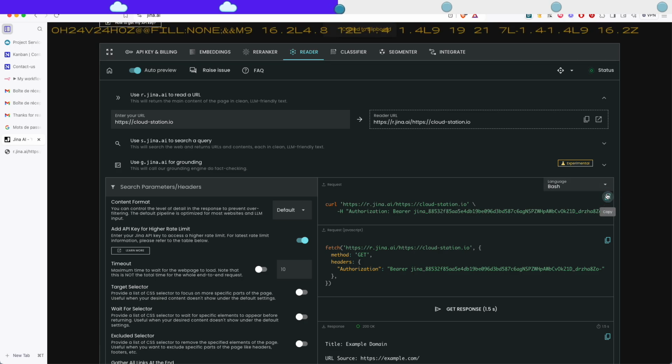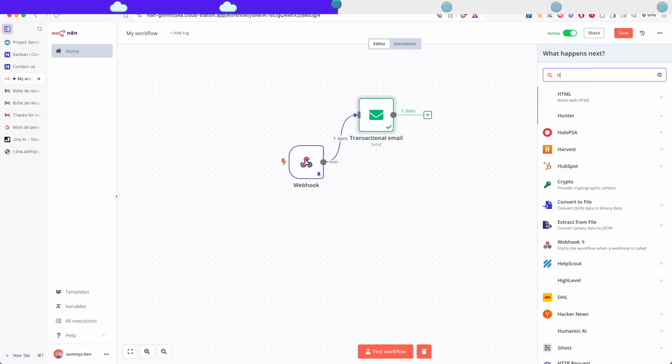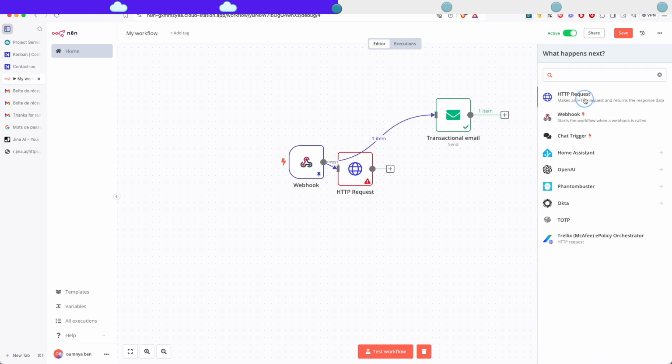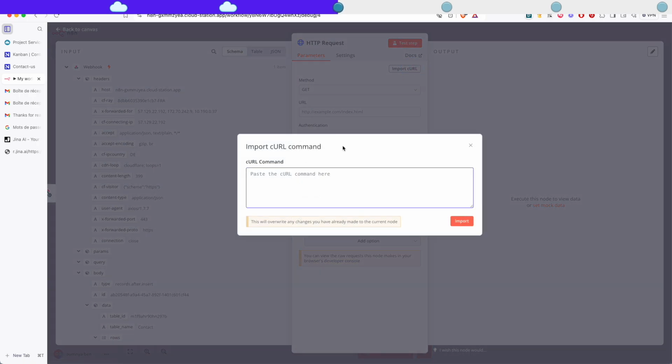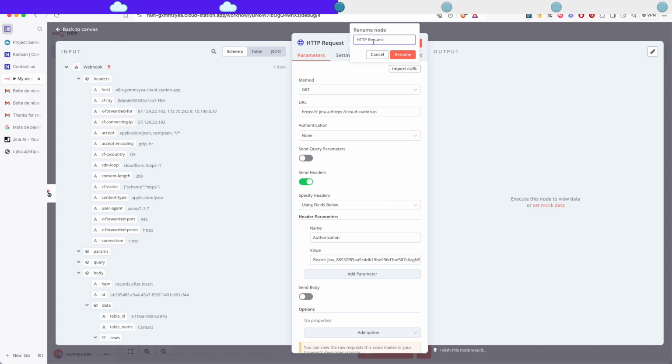So just copy the curl here and go back to n8n, and it's gonna be an HTTP request. So just look for HTTP request and import curl. All right, paste it, import, and that's it. That's literally all we have to do to scrape the URL. So here let's call it scrape website. And here you can see that it's passed directly the website that I was looking for